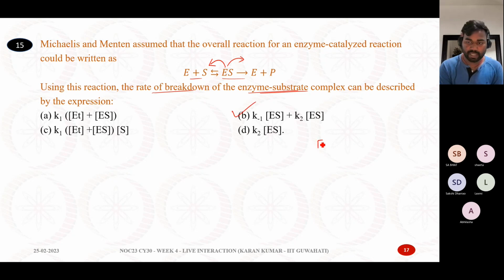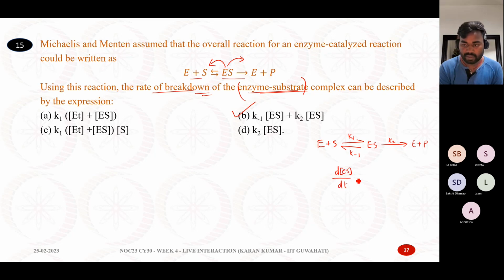Why? Because if you develop the expression, the forward direction is K1, and the reverse direction is minus K1. The dissociation of the enzyme substrate complex ES into the enzyme and product is K2. Now you are talking about the breakdown of the enzyme substrate complex. The breakdown can happen in the backward direction and also in the forward direction. So the rate of the ES breakdown will be